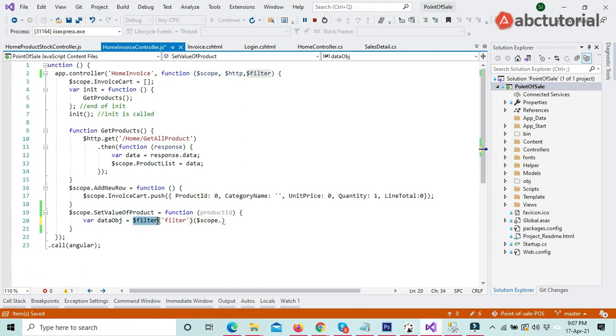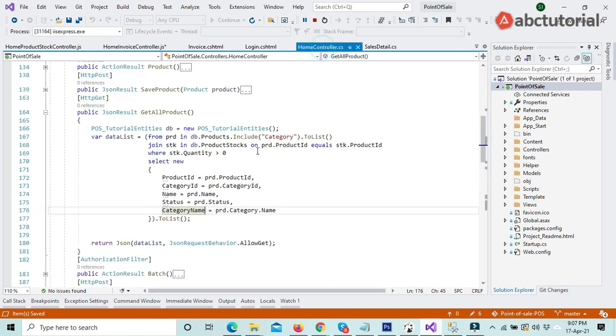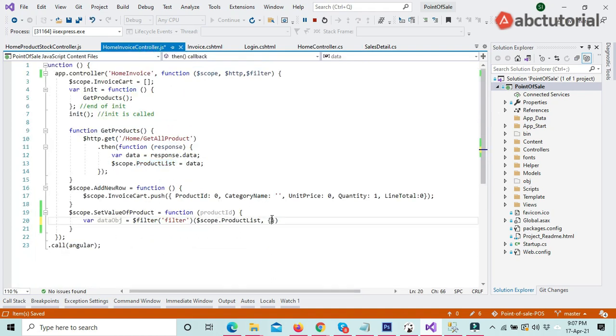This filter is only for filtering the product list. So I'm keeping this product list, comma, second bracket, the ID property of this object, by which we will filter using this property. This property means in the product list we have a product ID, right? In this list we have this product ID, so we will filter using this product ID, colon,